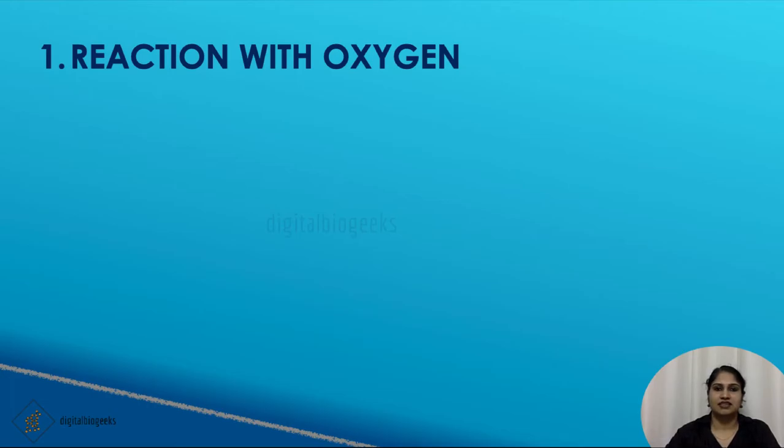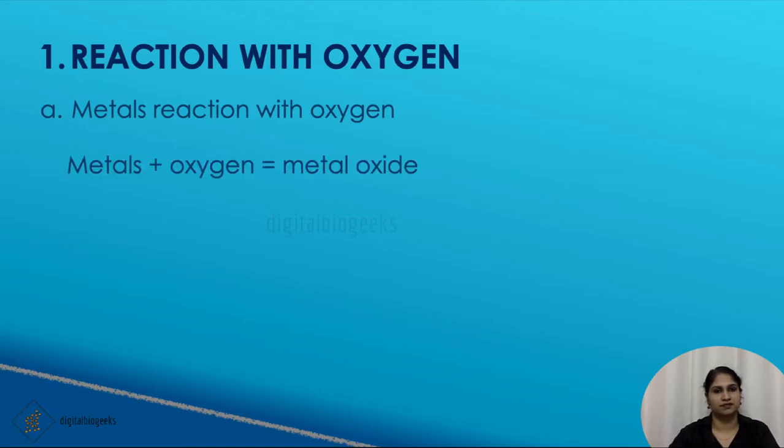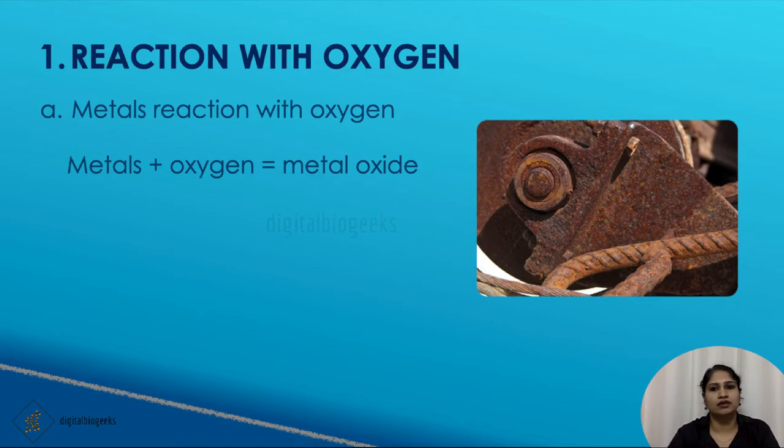Let's see the reaction with oxygen. What are the reactions of metals with oxygen? When metals react with oxygen, they will form metal oxide. You all are familiar with rusting of iron. Let's see what is happening in this rust. When we expose an iron rod into